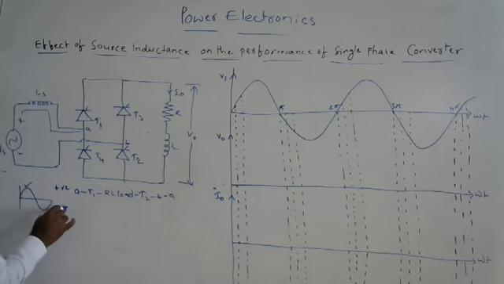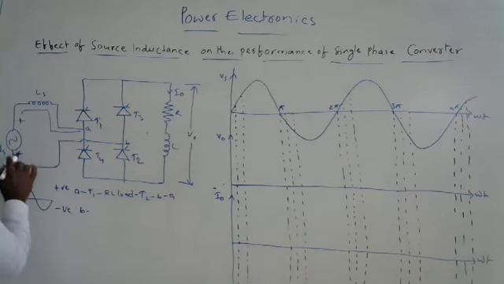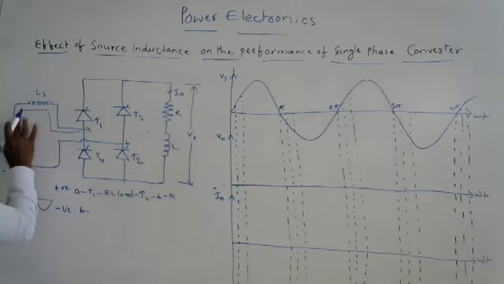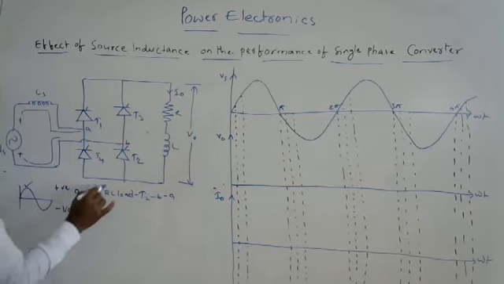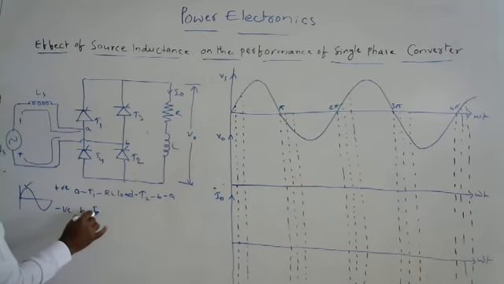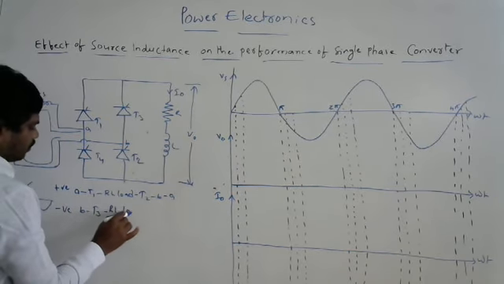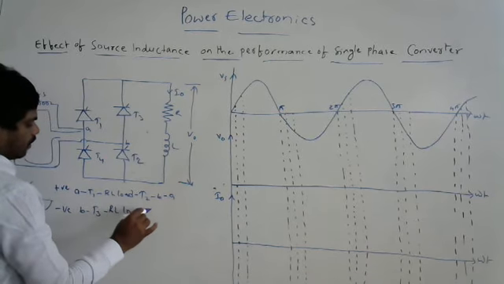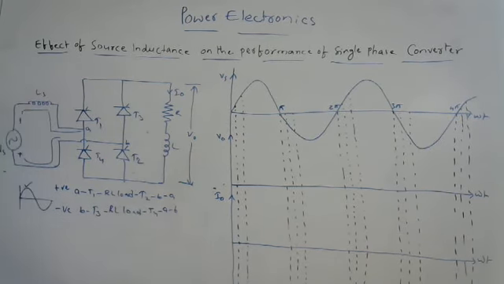For the negative half cycle, what will be this? This will be plus, this will be minus. Am I right? Then the current is coming like this, entering into B. T3 and T4 are triggered together for the negative half cycle. Then the RL load in the same direction, and back through T4 to A and B. So this is for negative. These are the common things that you have to take into consideration.